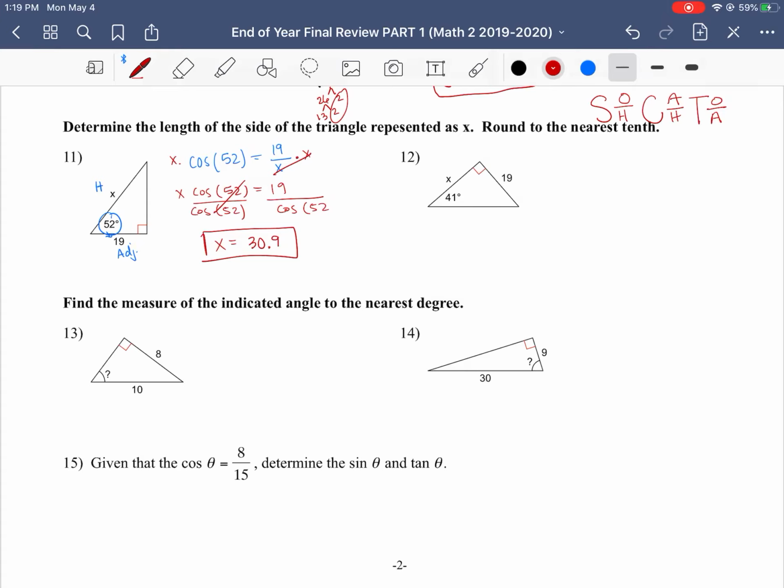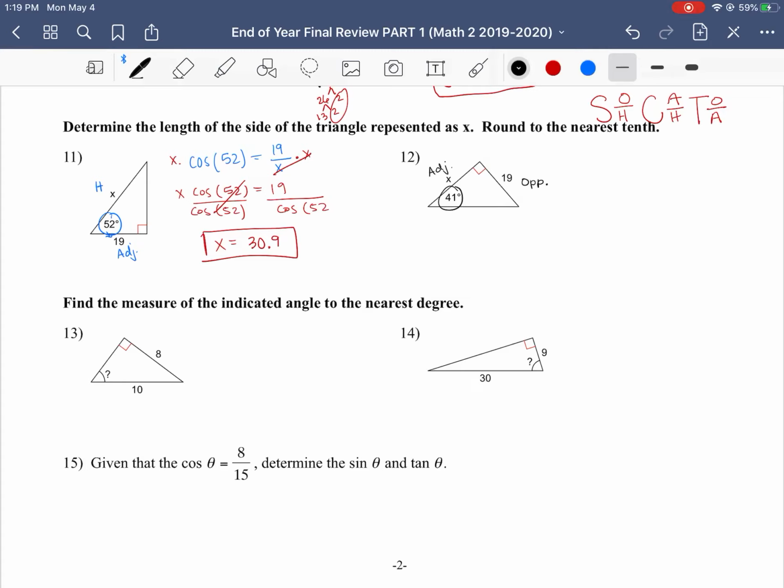Okay, 12, very similar. I'm going to set this one up and then you can work through and solve. This one right here again, here's my reference angle. Notice the hypotenuse is out here. I don't know anything about it. I'm not trying to find it. So this guy, I'm going to ignore the hypotenuse, and we're going to use the opposite leg to help us